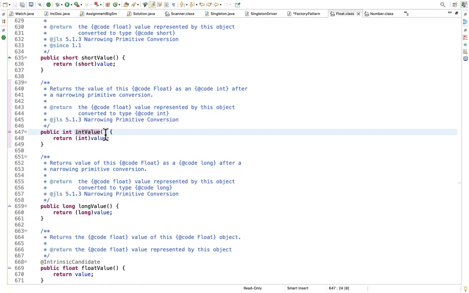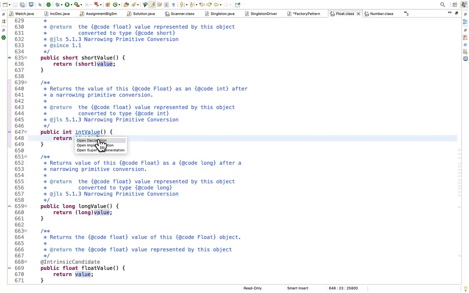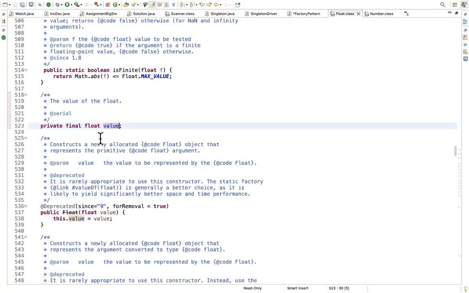Why are we typecasting? Can you see that? So this one is not accepting any parameters, right? So in that case, that should be static, right? So click on that value and see where that is created. Open declaration. Yeah. So if you see, that is again final float. Float is your data type and value is being created in the initial class on the initial level. And that value is accessible throughout your class as you have privilege for your static keyword. So that is what they are doing here.